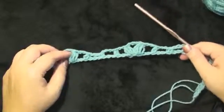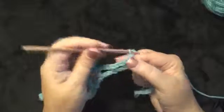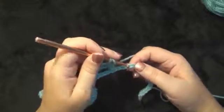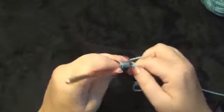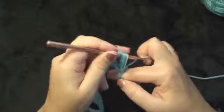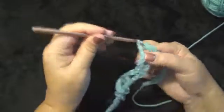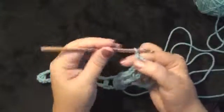This is what we have completed. Chain 2, skip 2 chains, work a puff stitch in the next chain. Chain to secure. Chain 3,